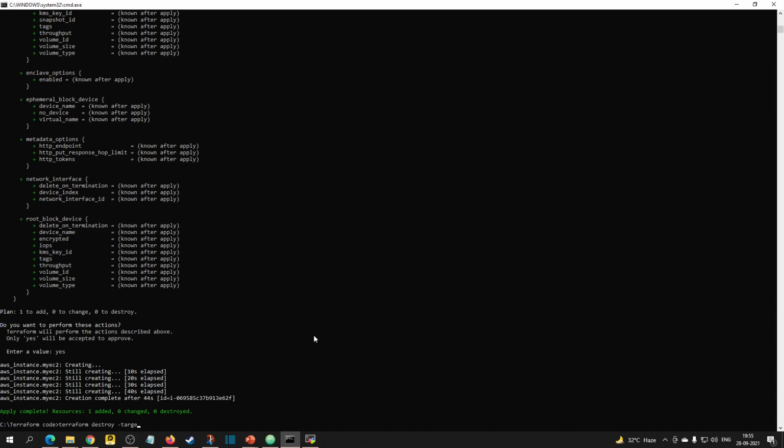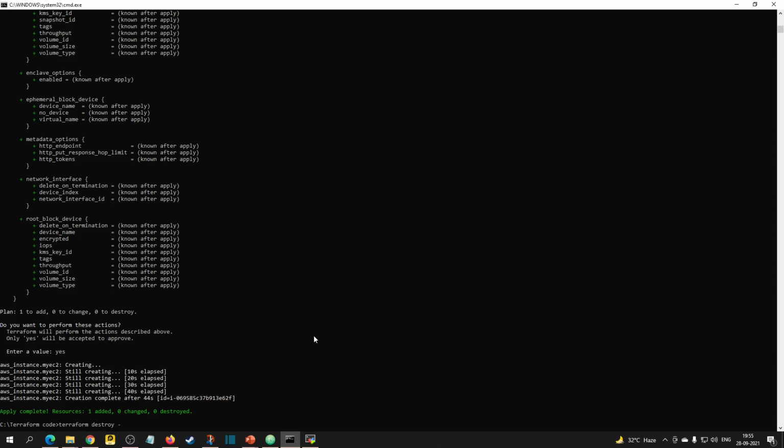If you simply give terraform destroy, it will delete all the resources under this folder. Suppose there are different Terraform files, it will basically delete all the resources. This may be helpful if you are in a particular environment and want to delete the entire environment.